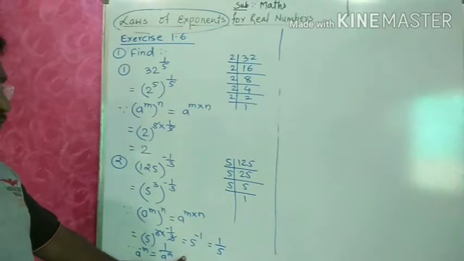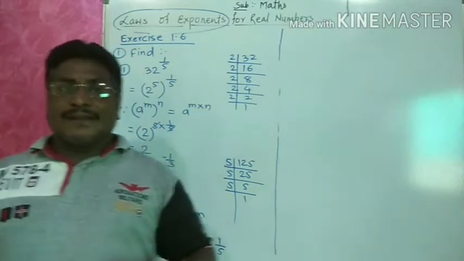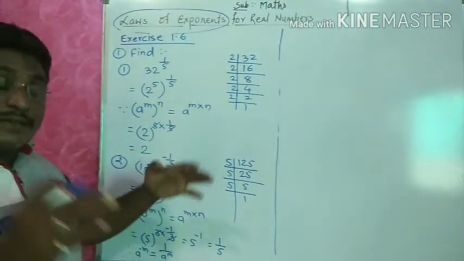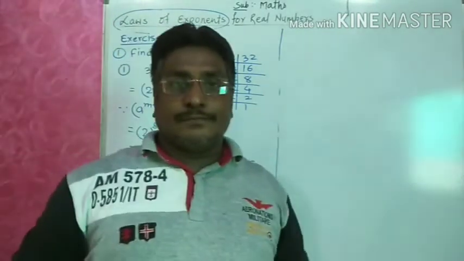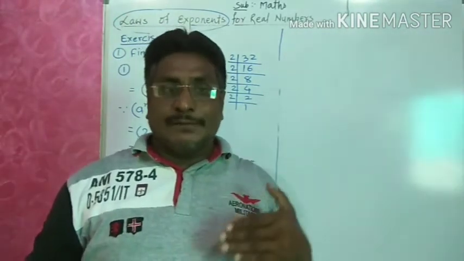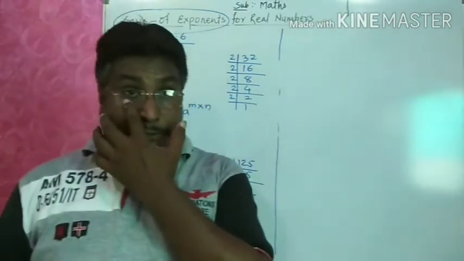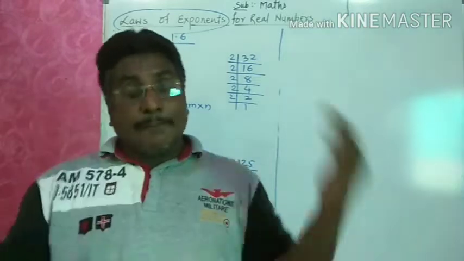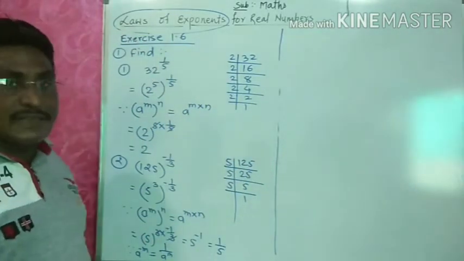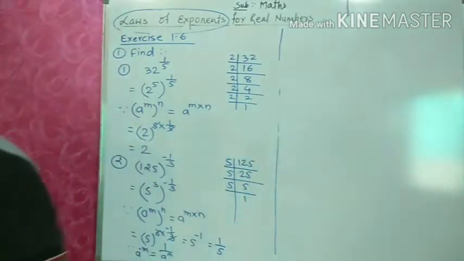Understood, students? How to solve this? Hope you understand this. Simple examples are there. So these simple examples, they will ask together. A big question they will form. Here, a single term is given. But in the exam, they will not ask questions like that. They will ask a combined, big question. So the procedure is the same. Understood, students? Next example.